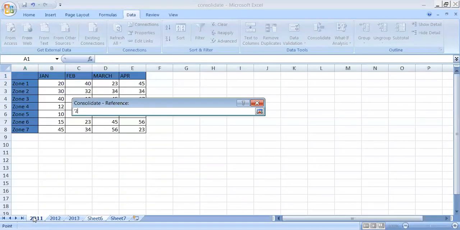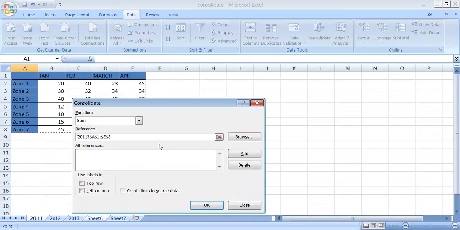Then go to the sheet 2011, and select the whole data starting from the first column to the last column. Again click on this button, and you can see the reference of the sheet is given here. Now click on the Add button. This is the data of the first sheet, that is sheet 2011.